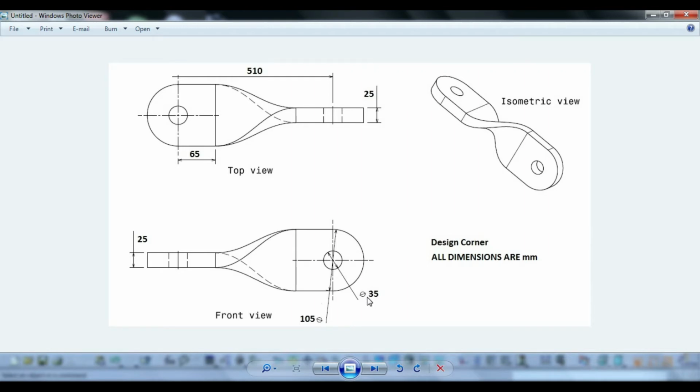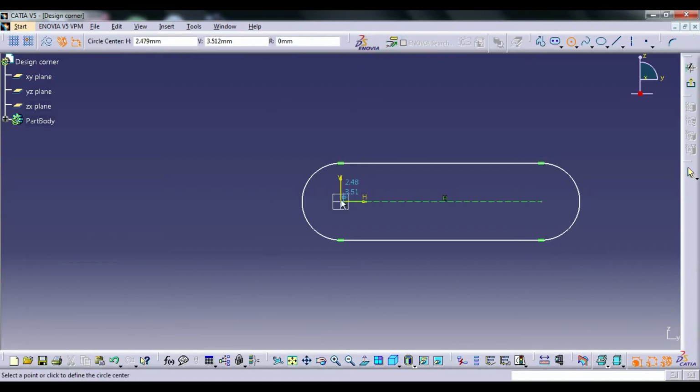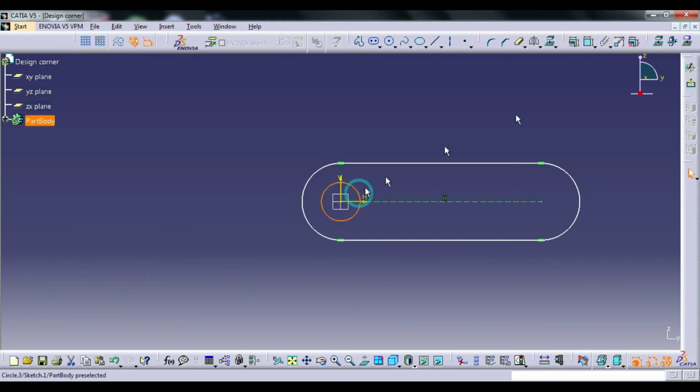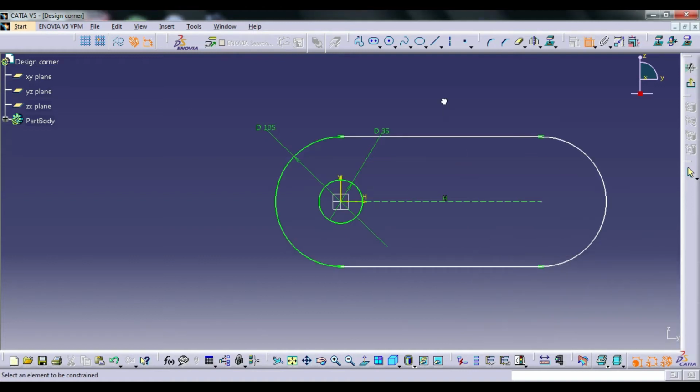This hole is dia 35 mm. Double click the dimension and give the dimension for the hole, 35. After that, click on the circle, double click, and give the diameter dimension for 105.